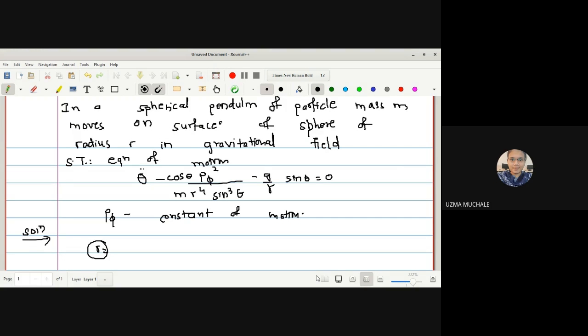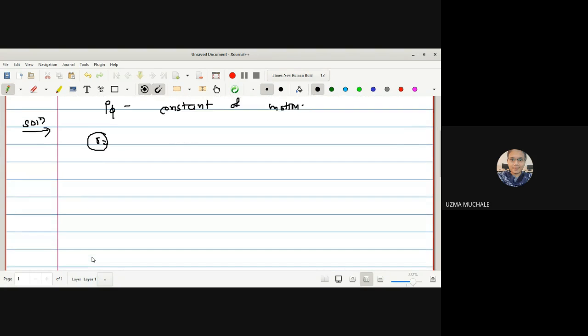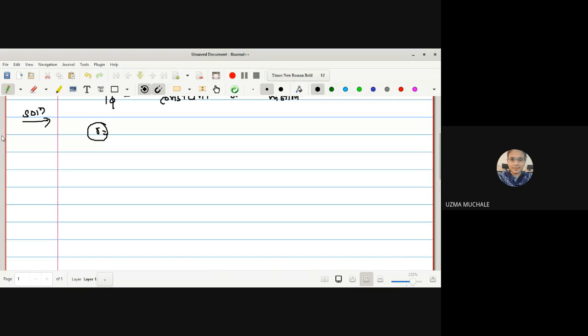Now we have to find out the number of generalized coordinates. Okay, so for that let me consider, suppose P of x y z be the position of the particle at any instant, right? And if you want to write it in terms of theta, it is r, theta, and phi. Okay, if you remember, we have written the equation of a circle in two forms, that is x square plus y square is equal to r square, or you can write x is equal to r cos theta and y is equal to r sin theta. आठवते का सगळ्यांना?